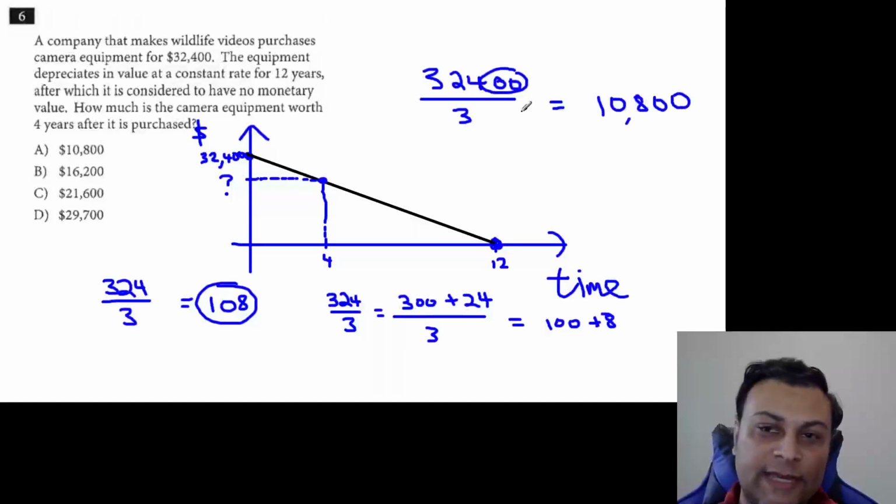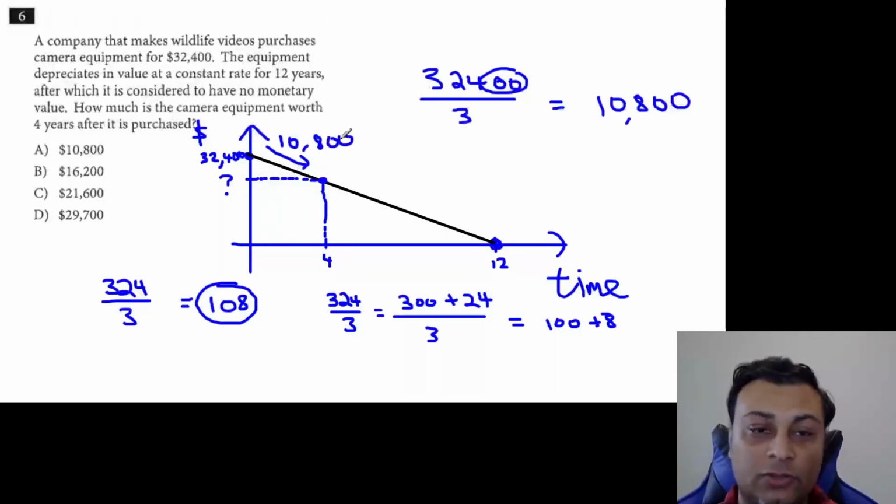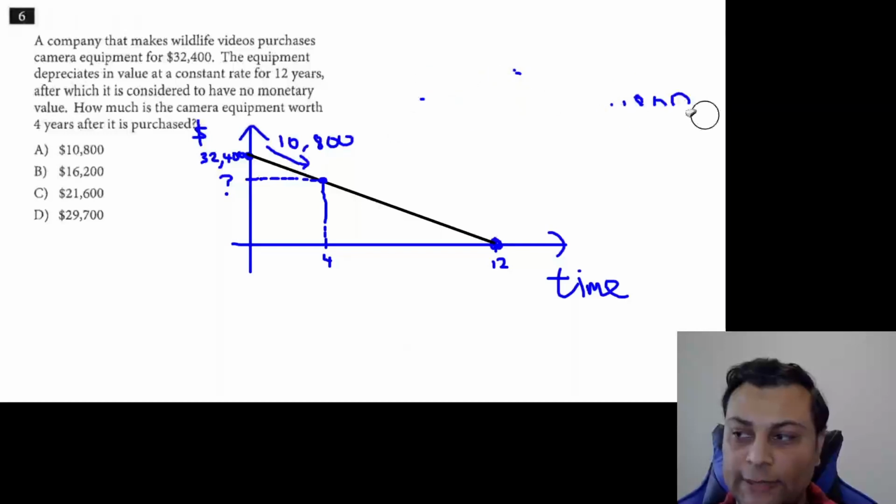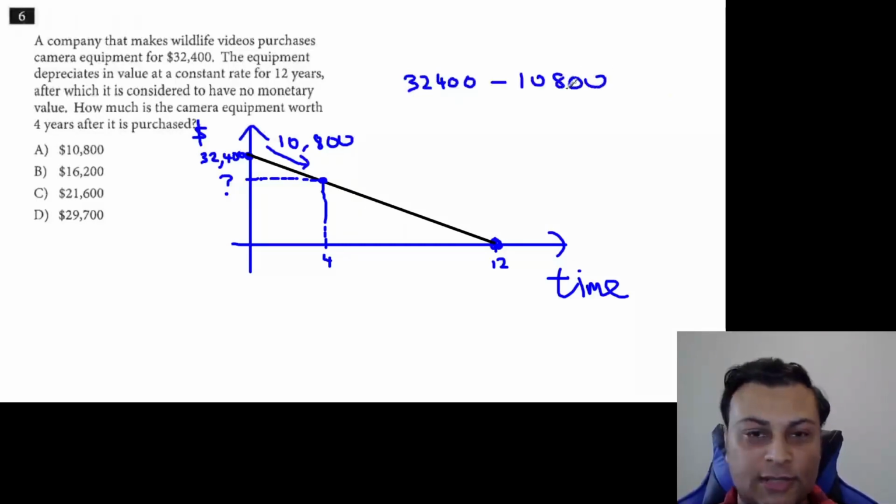In other words, the camera will lose $10,800 of value in the first 4 years. So now all we have to do is subtract that from the original number. So we have to do 32,400 minus 10,800. You can subtract it in any way you know how to subtract numbers, but really we can